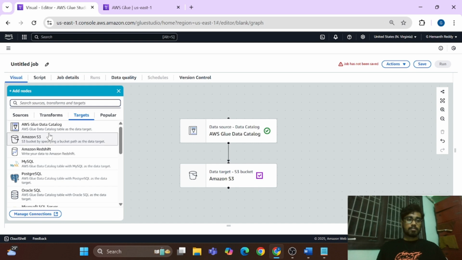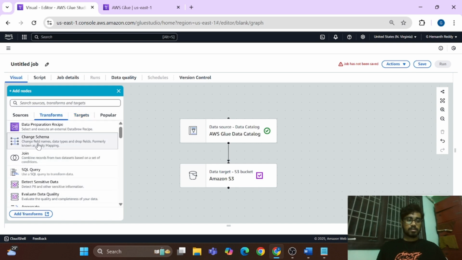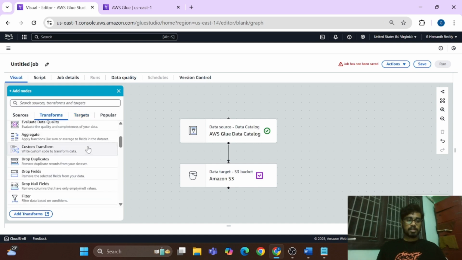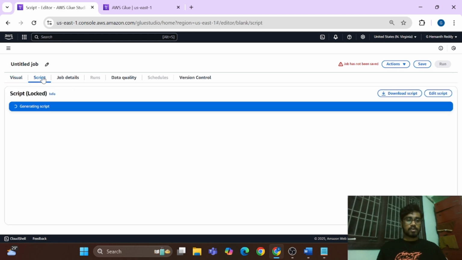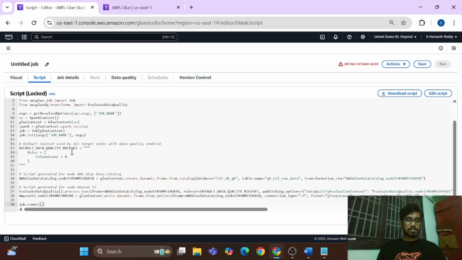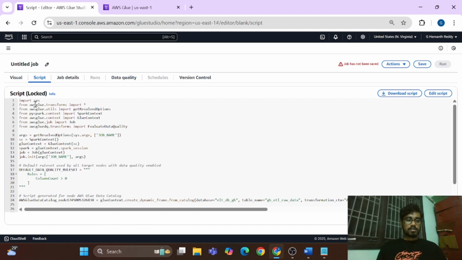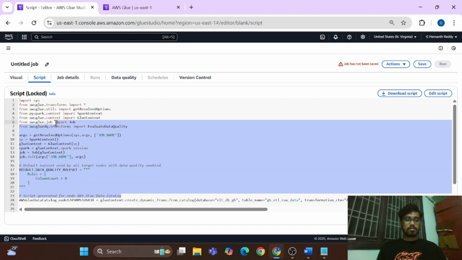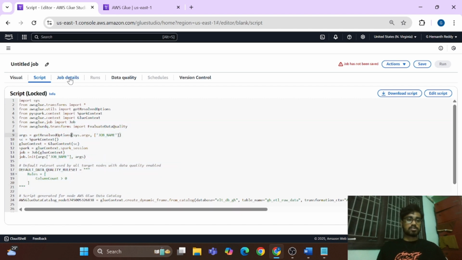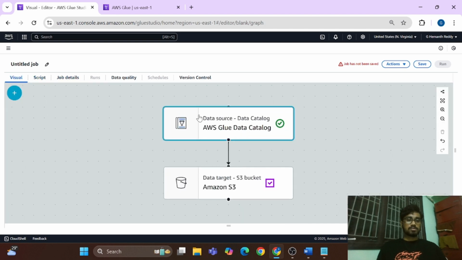If you want to apply any pre-built transformations, there are a lot of transformers here. You can apply them, or else you can write your own transformation code here. This is all Python code here. You can apply pre-processing code as well. So you can write that code here. And after that,